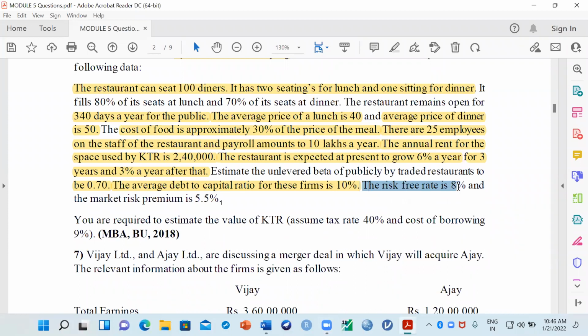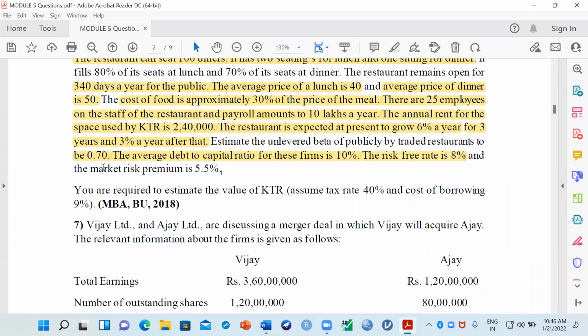The risk-free rate is 8%. This also I need information. The risk-free rate is 8%, and the market risk premium is 5%. And the market risk premium is how much percent? 5%. Now you see, a beta is given. The unlevered beta of this company is 0.7, and the weight of debt is given, the risk-free rate is given, and